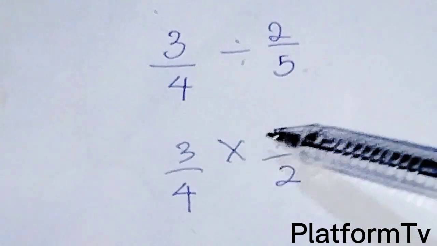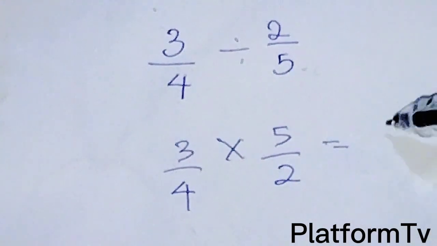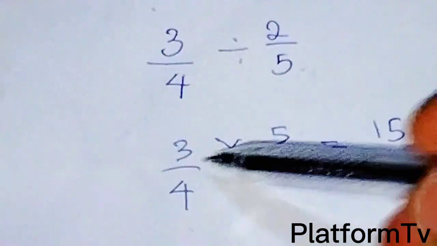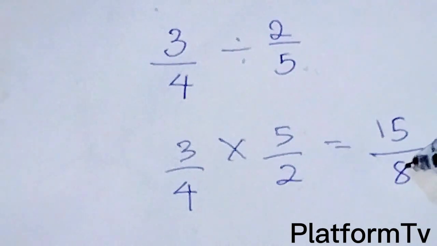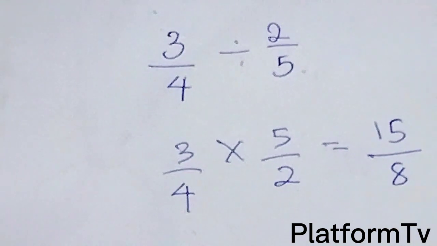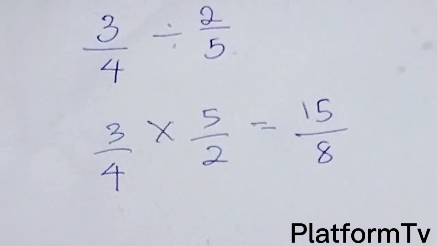So 3 multiplied by 5 will give me what? 15. And then 4 multiplied by 2 will give me what? 8. And there you have it. The answer is 15 over 8,